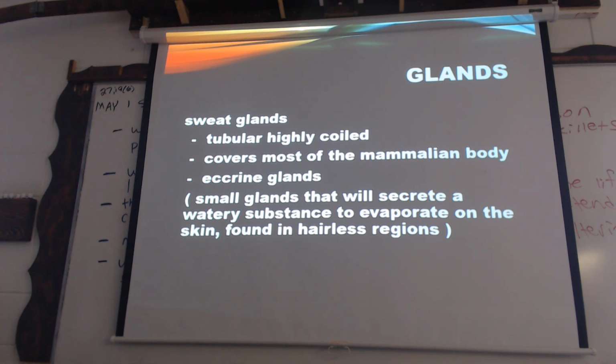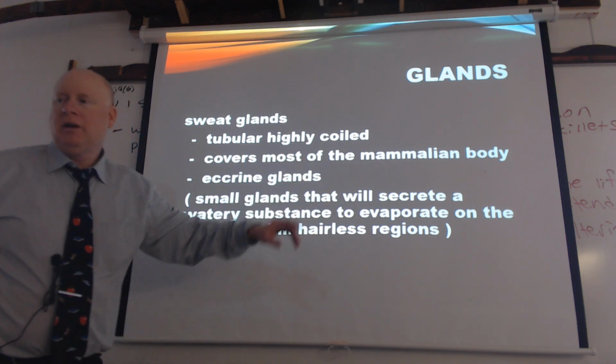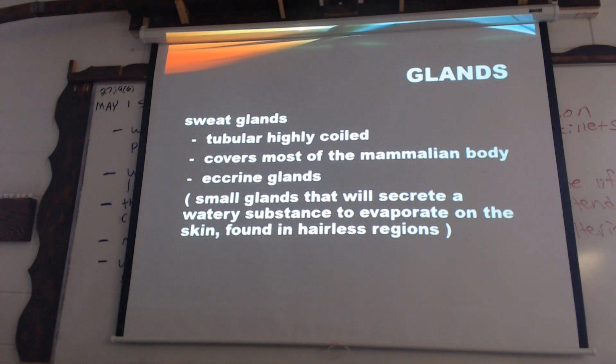So once this watery substance that we're talking about is secreted on the skin, whether it's humans or other mammals, it will evaporate, and upon doing so, will take heat with it. Therefore, it will cool the body. But not all sweat glands will have that function. For instance, an example of that might be when you walk into a classroom where I'm going to pick on junior high students. You certainly know that they were in that classroom before you. Why might that be?